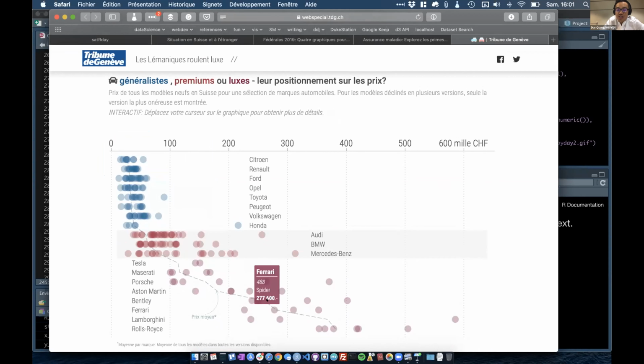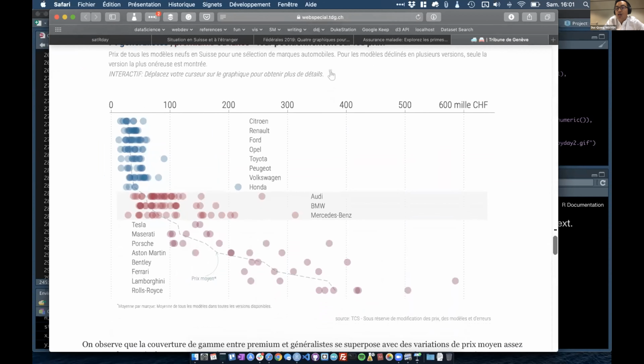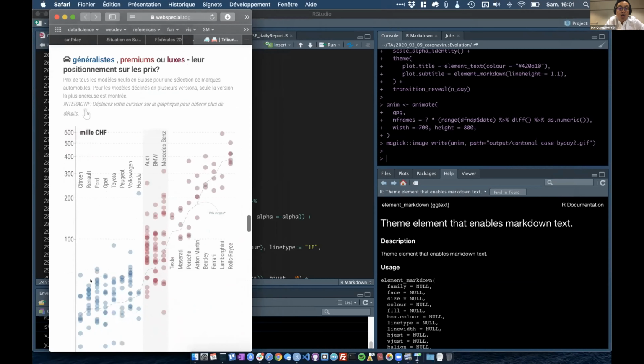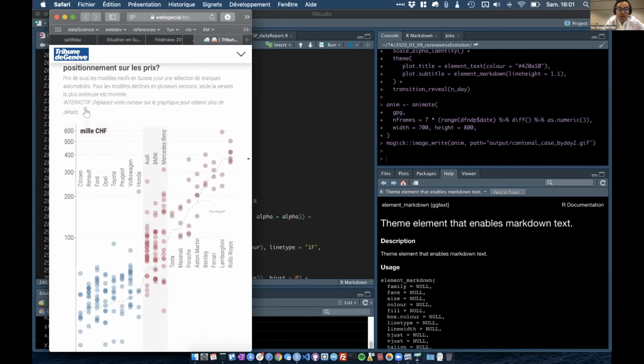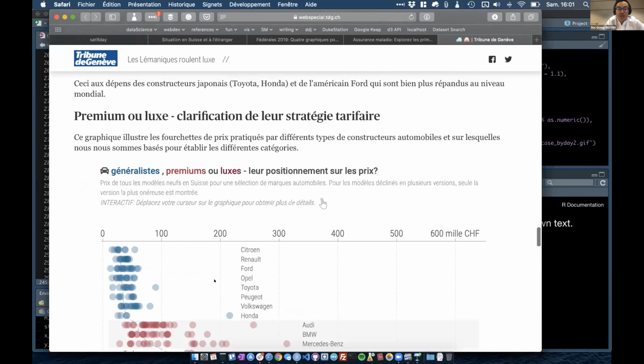You can see how the different brands price their cars. What I like is that I used the Bootstrap component in the Shiny package, although it's not a Shiny chart, to make it responsive, so that it will flip, for instance, to a horizontal chart for mobile, and you have it in a larger view on desktop.